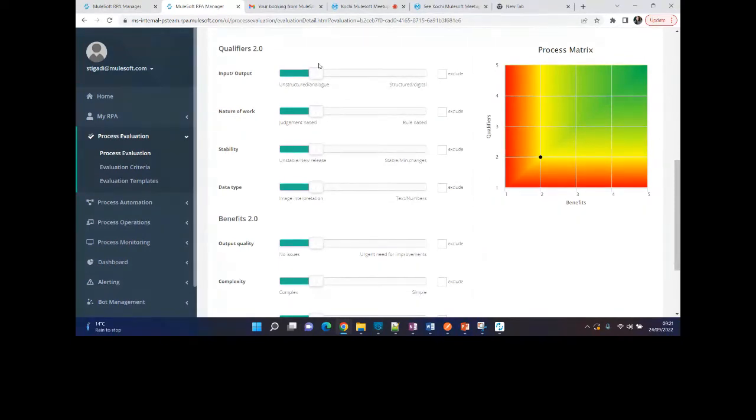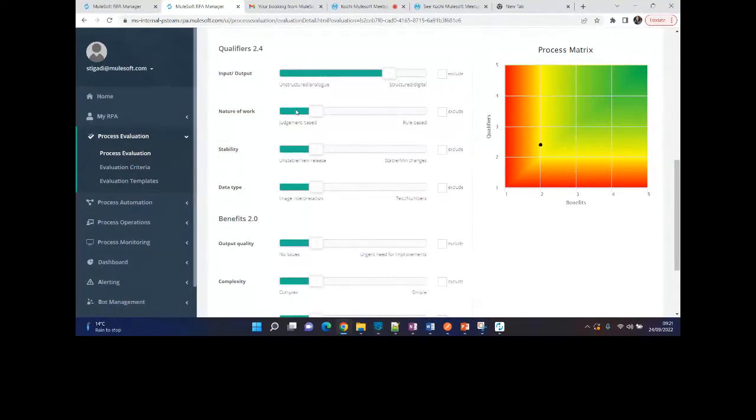So what is this input and output, right? Whether it is structured or unstructured. Of course it is unstructured, right? Because it's not something that will always have a structure. You'll have many meetings, you'll have different things that you do during the day. You might have workshops, you might have scrum meetings and whatnot, right? So it is unstructured data, so I'll keep the score a little on the higher end.